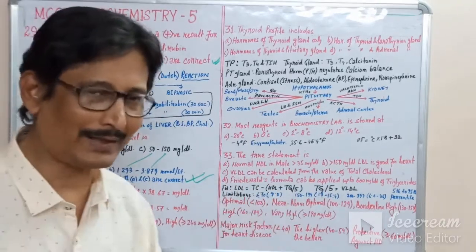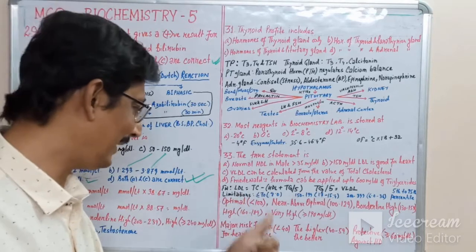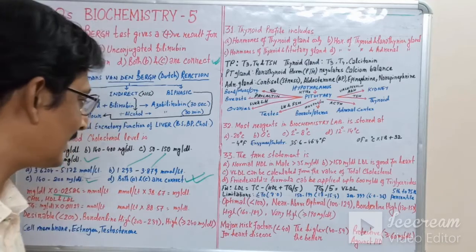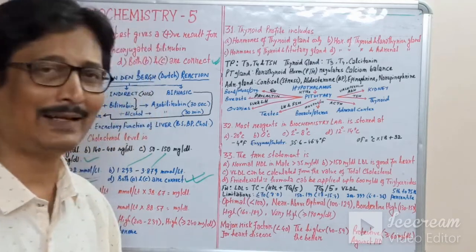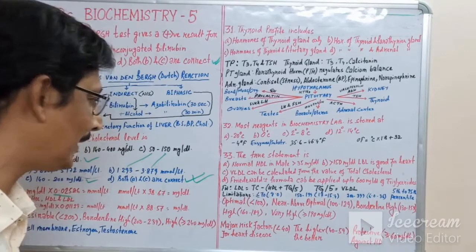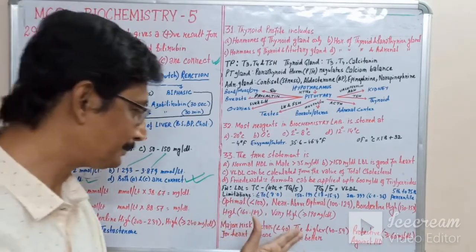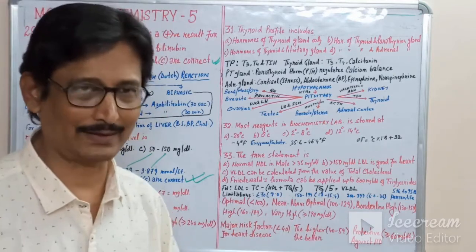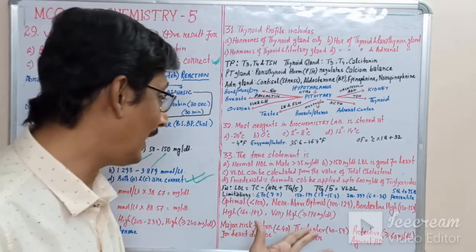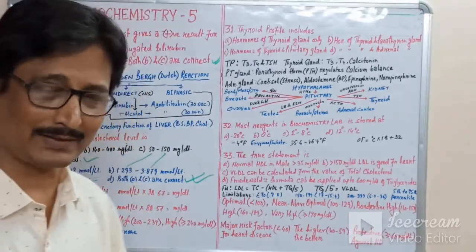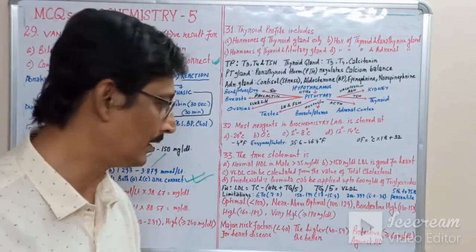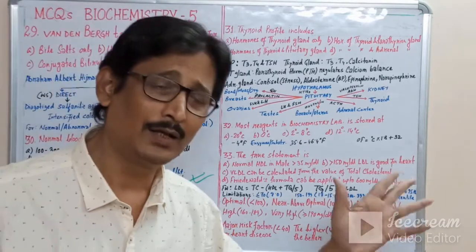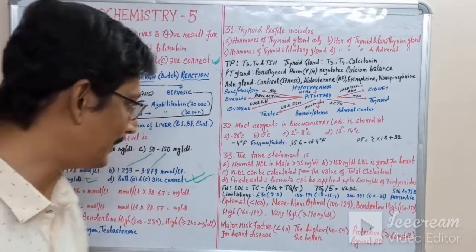Now for your information, regarding the HDL value, a major risk factor for heart disease is when the HDL value is less than 40 mg per deciliter. The higher, that is 40 to 49 milligram per deciliter, the better. The higher is the better. So a value of 40 to 59 milligram per deciliter is considered very good, and it is protective against heart disease when it goes beyond 60 milligram per deciliter.